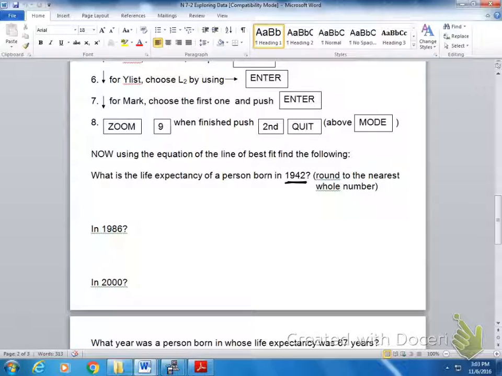And it wants us to round to the nearest whole number, okay? So this is an X value, because when we look back at our table, it said year of birth was our X value. So I'm going to take my equation, and I'm going to plug in 1942 for X. So I have Y equals 0.3258. That's the slope, essentially, times my X value, 1942, oops, not plus, minus